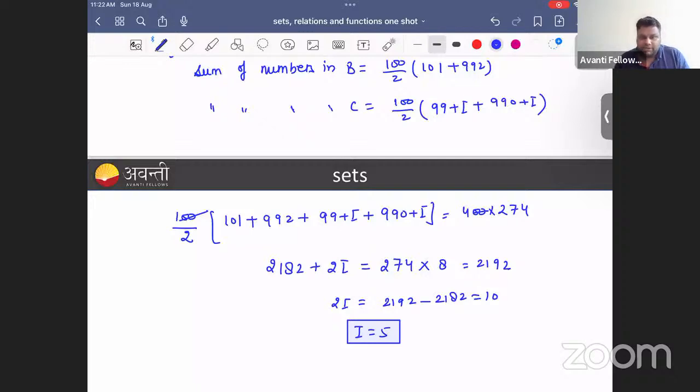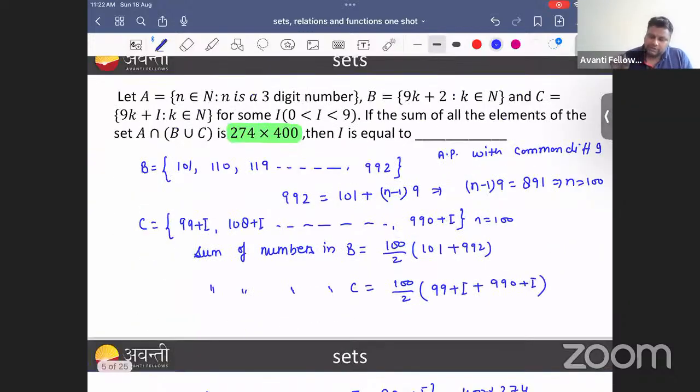Okay, somebody is asking for an explanation. Once again, I'll do it. See, first of all, A is the set of all 3-digit numbers. Very good. B is the set of all those numbers which when divided by 9 leave remainder 2. C is the set of all those numbers which when divided by 9 leave some remainder I. Alright, the sum of all the elements in the set